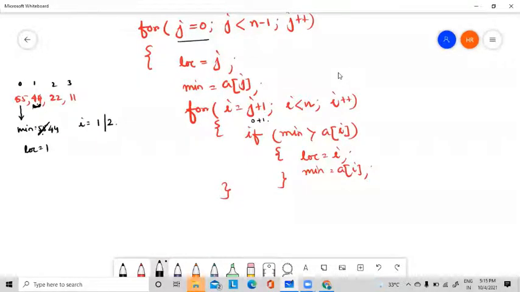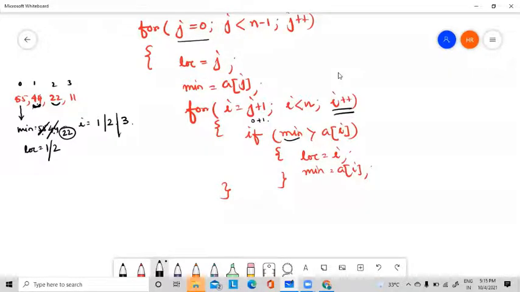2, আবার কম্পেয়ার হবে 44 আছে আর 2 তে কি আছে এখন 22, সেটা কি 44 এর থেকে ছোট? ইয়েস। তাহলে মিনিমাম হয়ে যাবে কে 22, আর লোকেশন হয়ে যাবে কে 2। এবার i আবার বাড়বে, এই যে i টা ইনক্রিজ করছে, i এবার 3 হলো। তাহলে এবার মিনিমাম কার সাথে কম্পেয়ার হবে, মিনিমামের ভ্যালু কত 22, কম্পেয়ার হবে